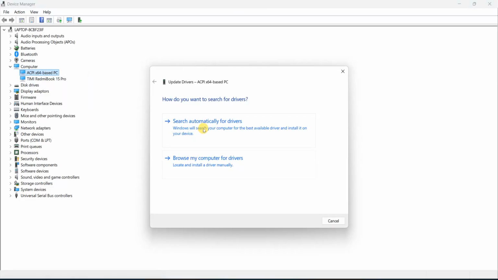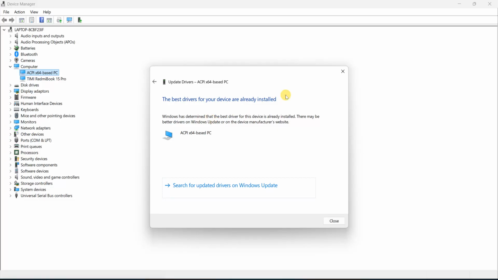And now after clicking on Update driver, you can see the two options here: Search automatically for drivers as well as Browse my computer for drivers. So you have to click on the first one, and in my case I have already installed the latest drivers. You can check in your PC or laptop whether you got an update or not. After checking this, close this window